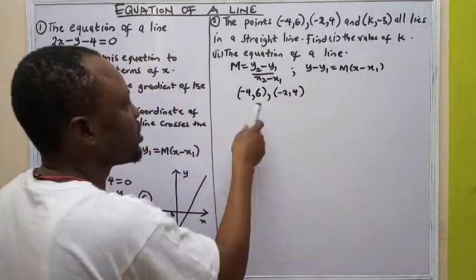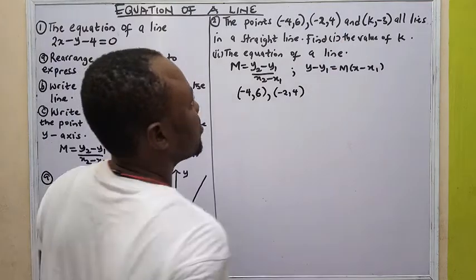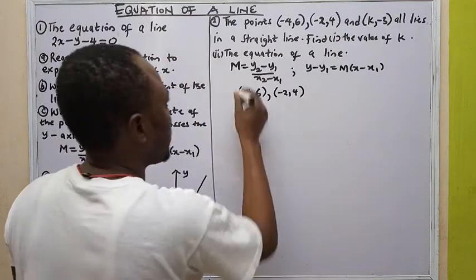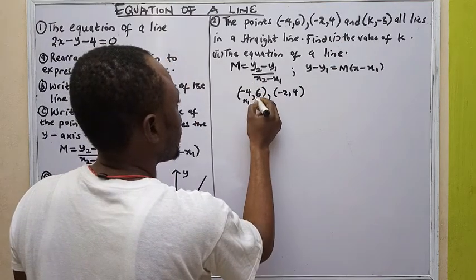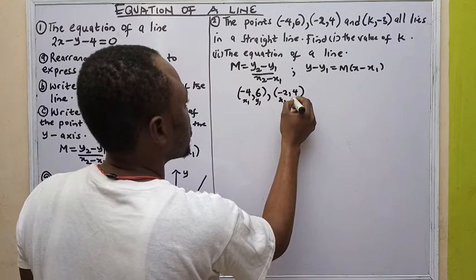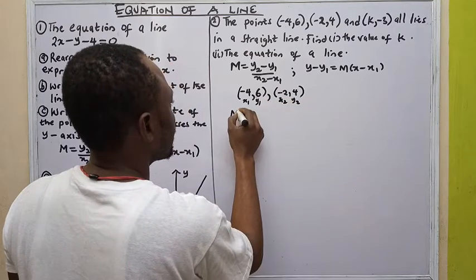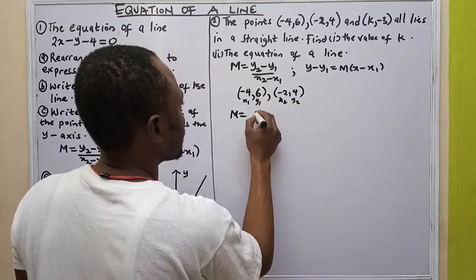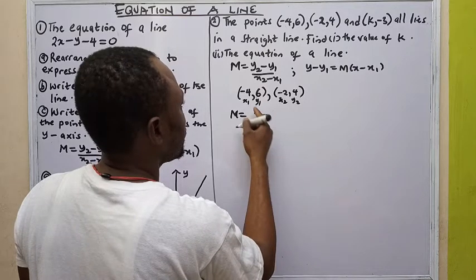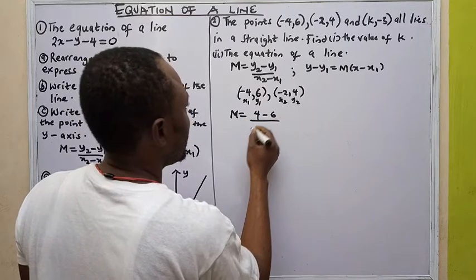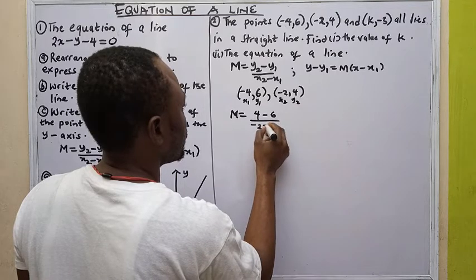I need to know the gradient of the line before getting the value of k. So I can take these as x1, y1, x2, y2. So my gradient will be y2 which is 4 minus y1 which is 6, over x2 which is minus 2 minus